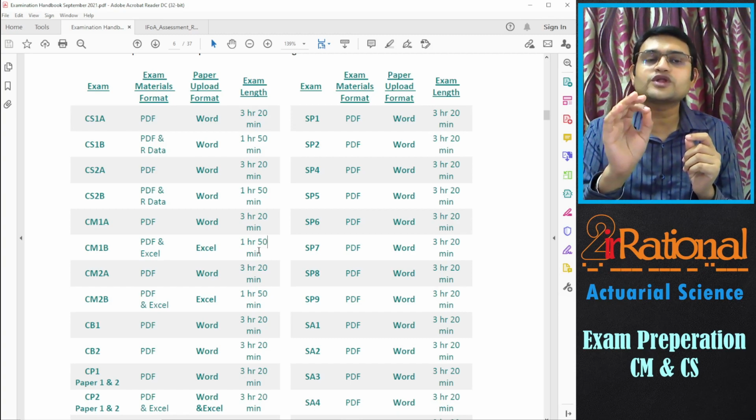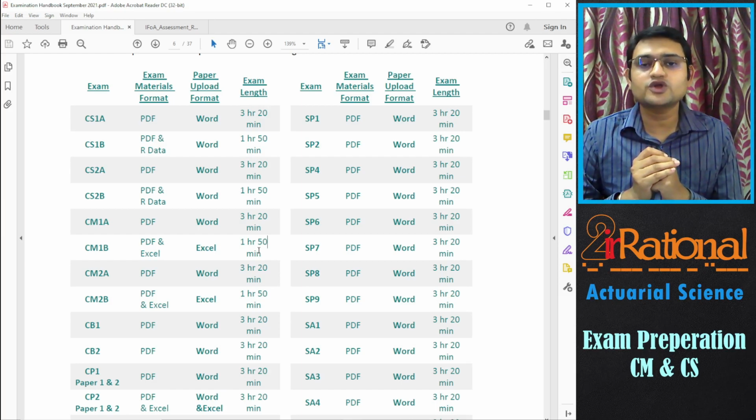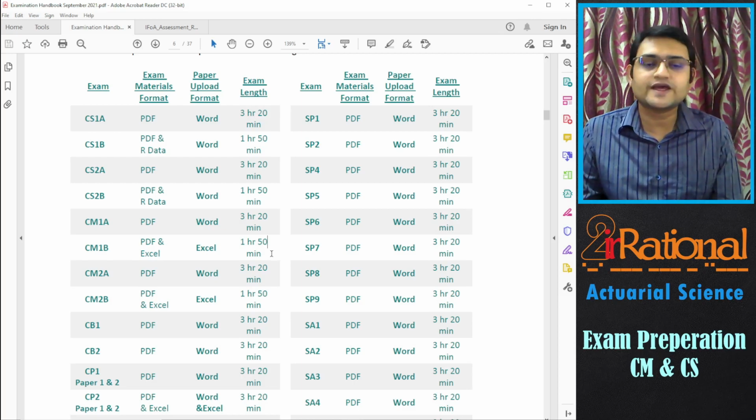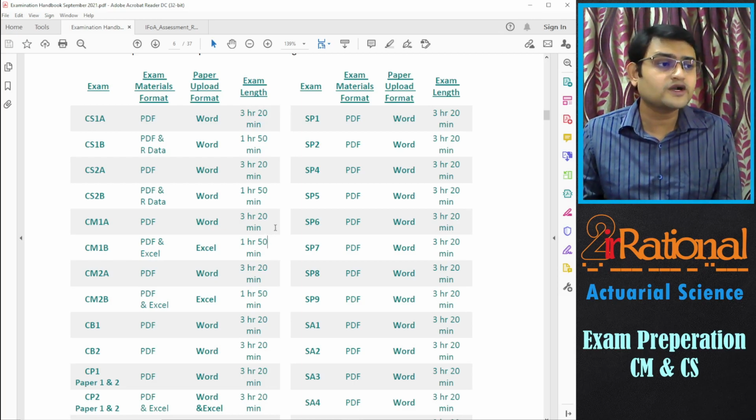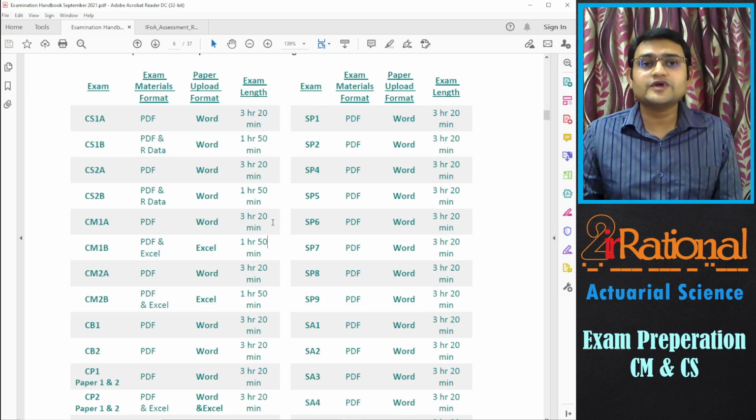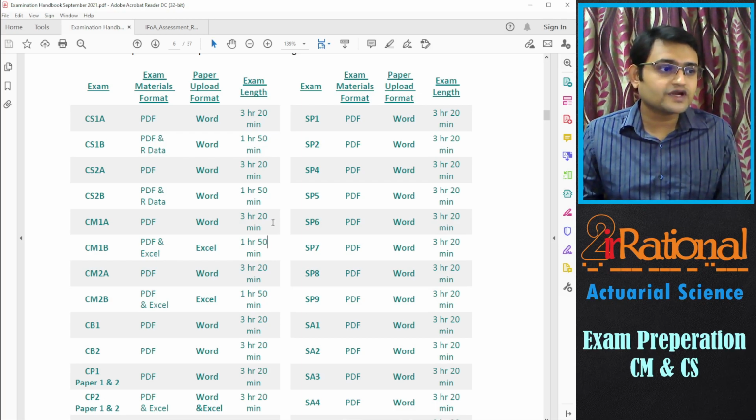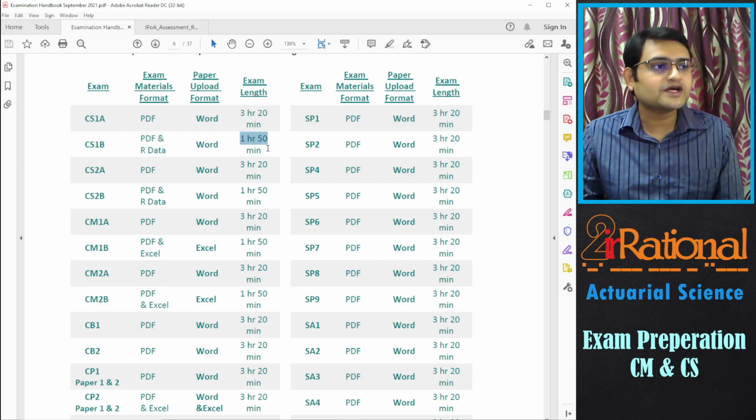But if you take more than 2 minutes to save, your examination paper will not be considered. Okay, you will get 0 marks for your whole examination. So please do not take that additional 30 minutes as exam solving time. You have 3 hours 20 minutes or 1 hour 50 minutes depending on whether you are talking about paper A or paper B.